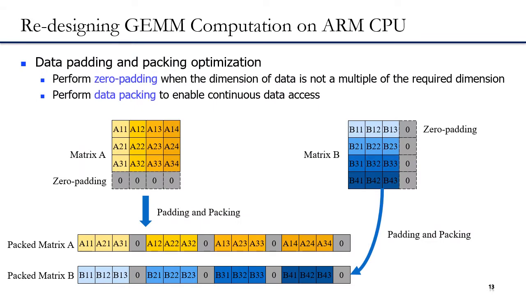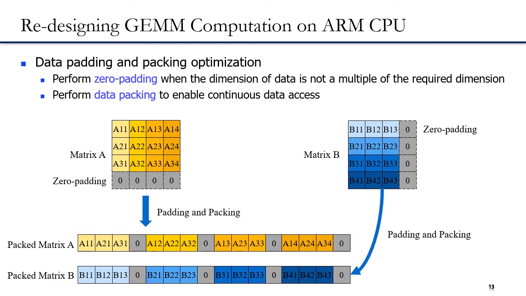We also apply data padding and packing optimization for better performance. Here assume that the dimensions of matrix A and B are 3x4 and 4x3 respectively. The dimensions of submatrix A and B in the microkernel are both 4x4. Here the dimensions of the matrix is not a multiple of the required dimension, so we first perform zero padding for both matrix A and B, and we pack and transpose on matrix A and pack on matrix B for